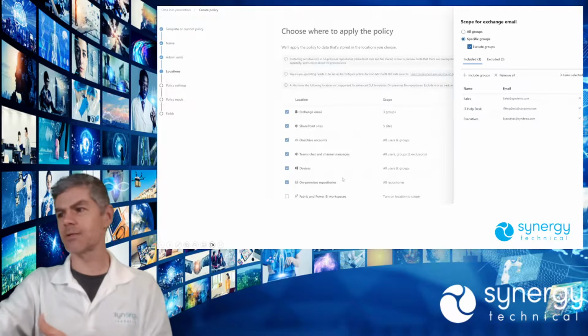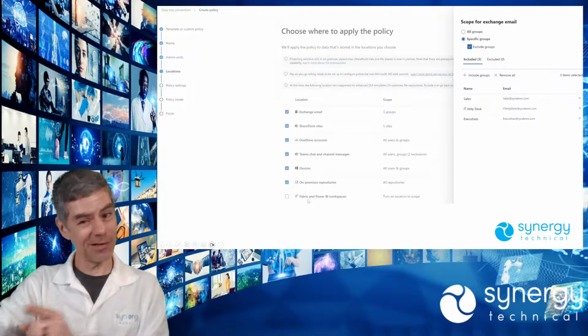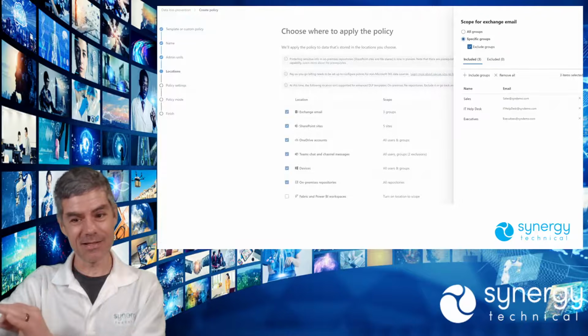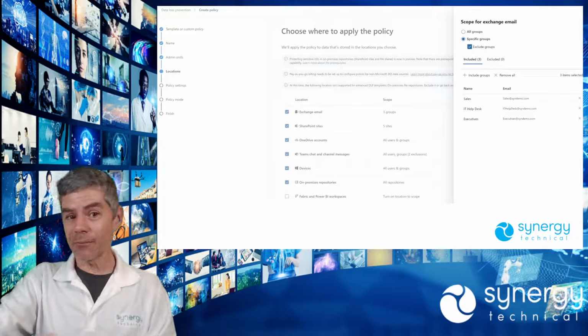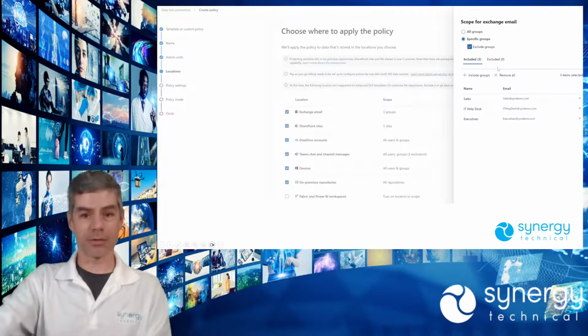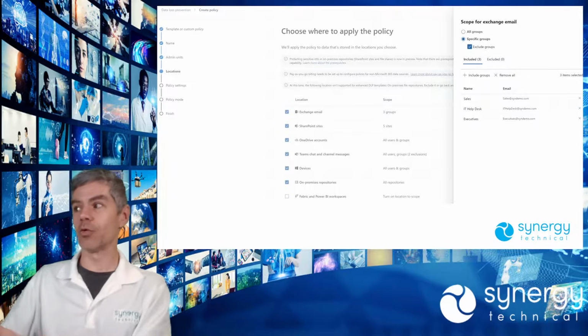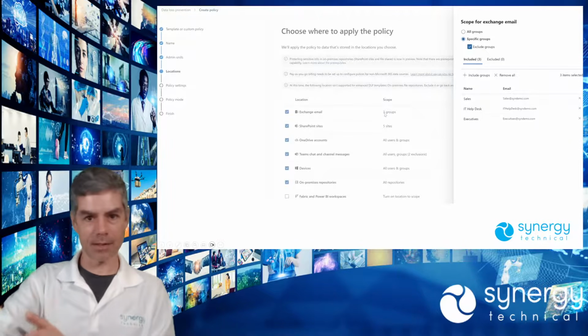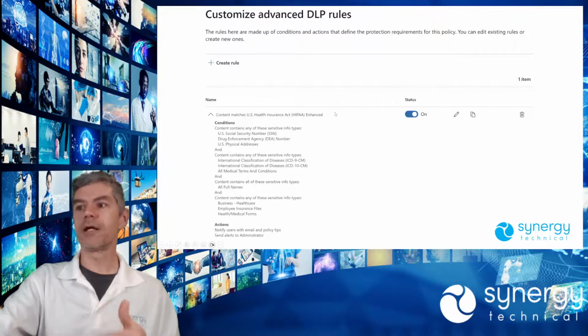There's on-premises repositories, devices, teams, channels. We can do all of these together except for Fabric and Power BI. If you do a Fabric one, you're doing a custom policy that is completely its own separate thing. Then we can apply these to groups, or we can apply them to groups through exclusions, right? So it's everybody, or it's everybody but these people. It's everybody but this group, right? So we can set this up as inclusive or exclusive as we want to, and then we define what our